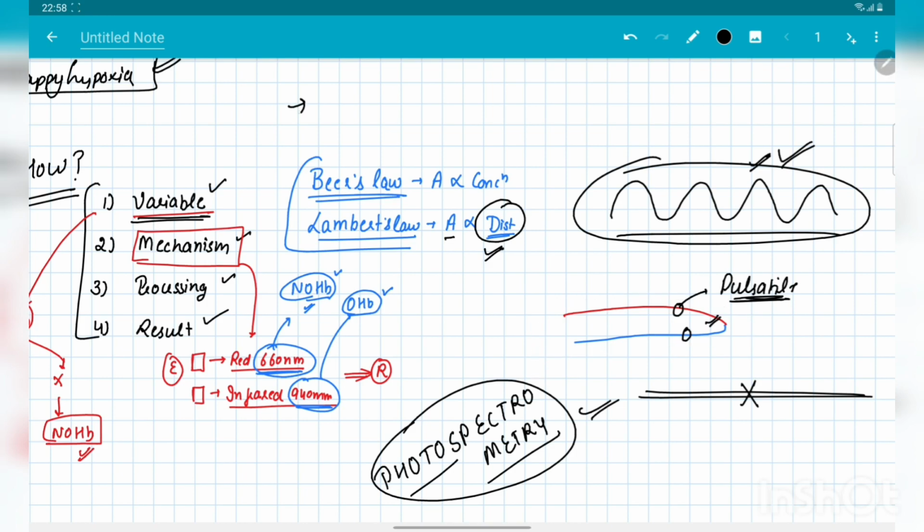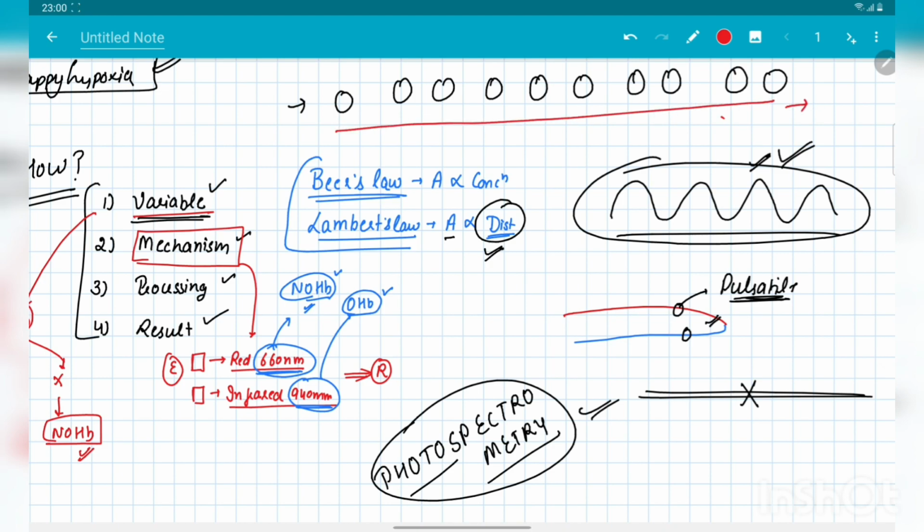There is an easy way to understand what this SpO2 is. Suppose these are 10 molecules of hemoglobin. Now let's suppose none of the hemoglobin molecules has oxygen. So for this whole group, the saturation of all the hemoglobin molecules at this stage comes to be 0%. Now suppose out of these 10, only 4 of the hemoglobin molecules are oxygenated and these 6 are non-oxygenated. So here the saturation comes out to be 40%.